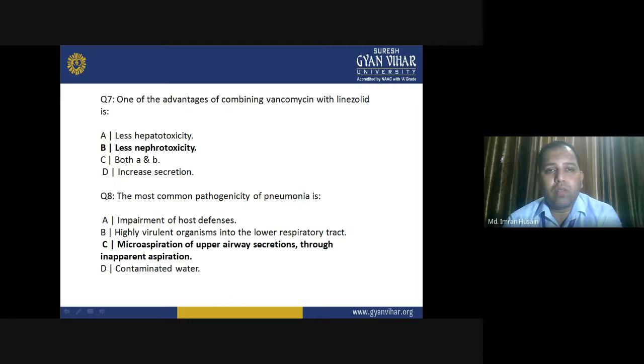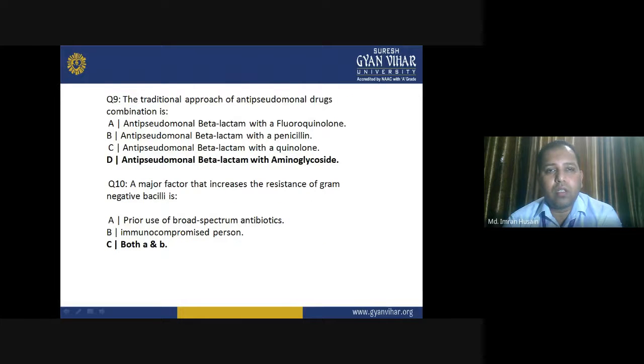One of the advantages of combining vancomycin with linezolid is less nephrotoxicity. The most common pathogenesis of pneumonia is microaspiration of upper airway secretions through inapparent aspirations. The traditional approach of anti-drug combination is anti-pseudomonal